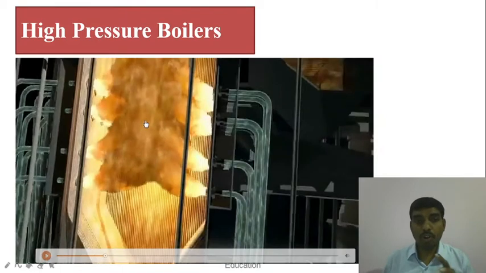See, this is a high pressure boiler having a number of water tubes. This boiler has a combustion chamber, and you can see the pulverized coal burning inside. See how the water tubes are installed to get high pressure with high temperature. Let's continue the video.